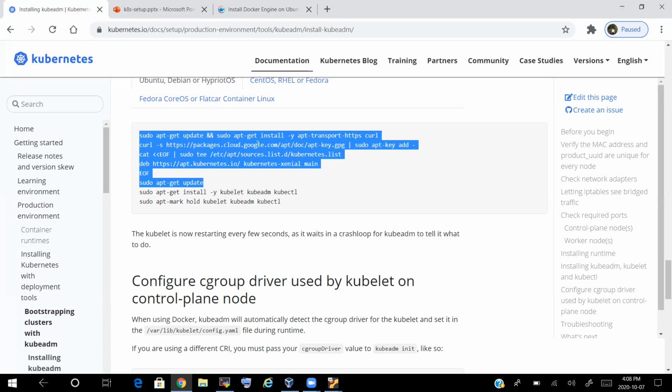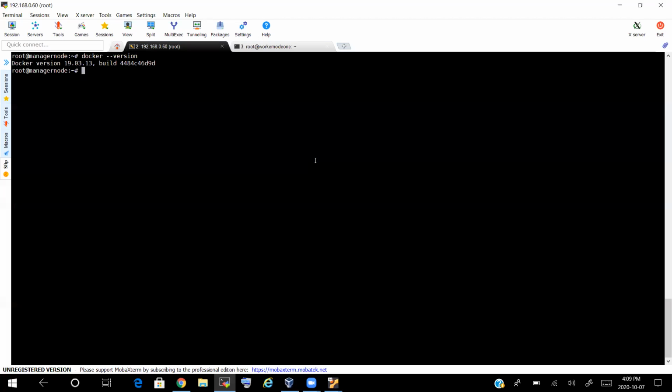What it is trying to do is install the minimum packages. After that, it is downloading the GPG key related to your Kubernetes repository. And after that, it is creating a repository, a separate file, kubernetes.list, under the sources.list.d directory. In that, it is adding the entry, and after that it is running an update command. As I told you yesterday, when you create a new repository on an Ubuntu server, definitely we have to run an update command. Okay. So let's copy this, go back to the window and just paste it.